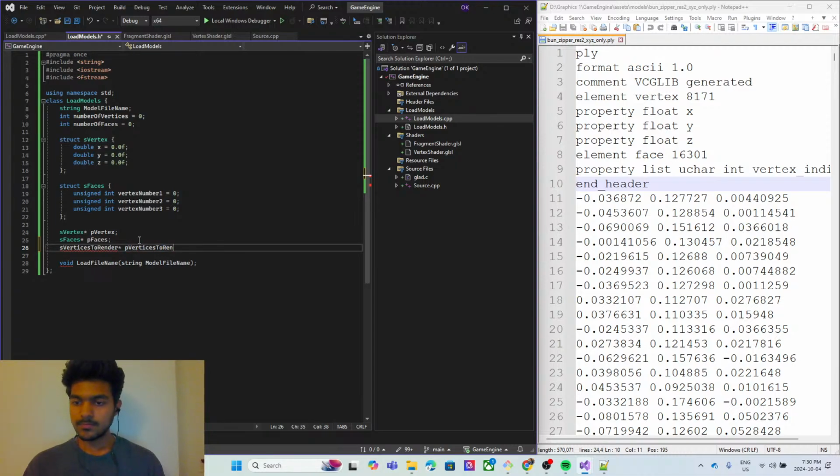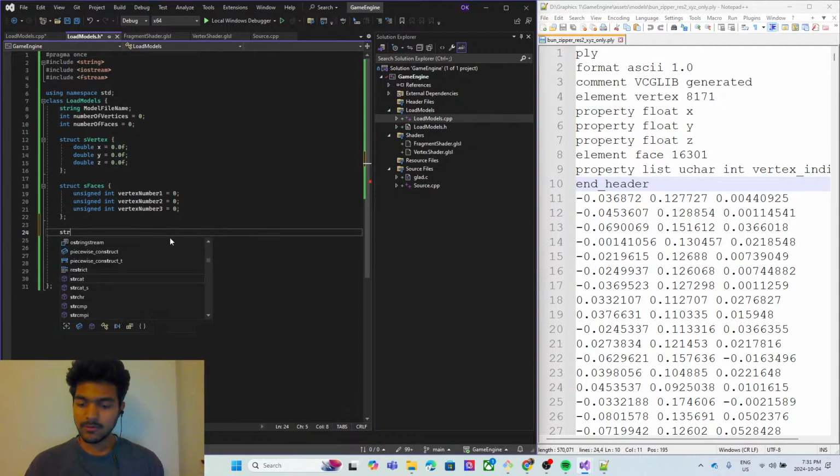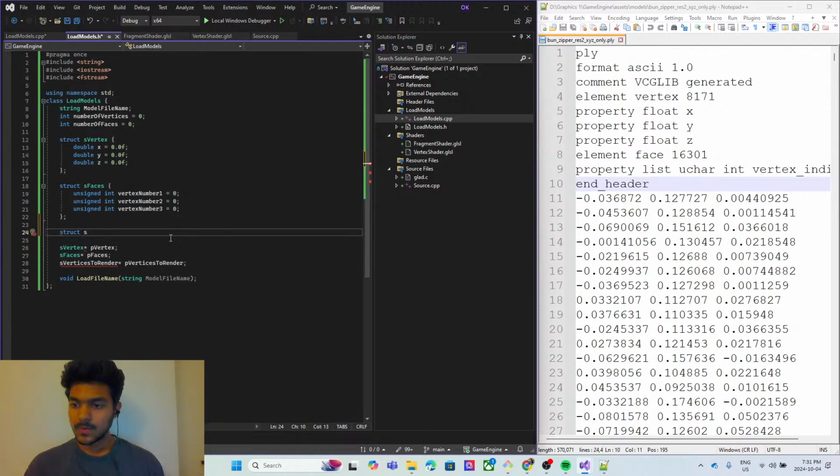Render. Why is it giving me an error? Oh, because I didn't create a struct for those. Vertices to render